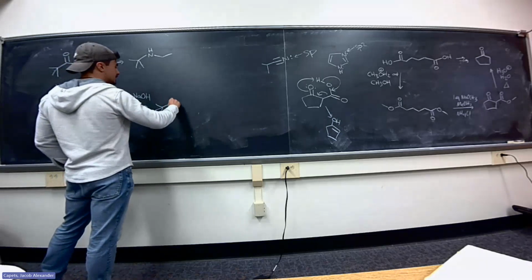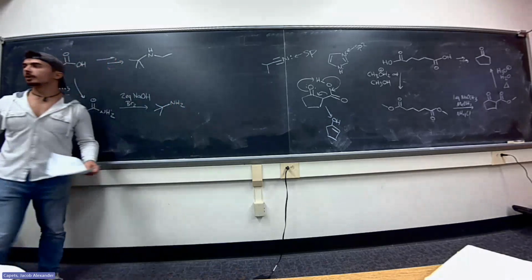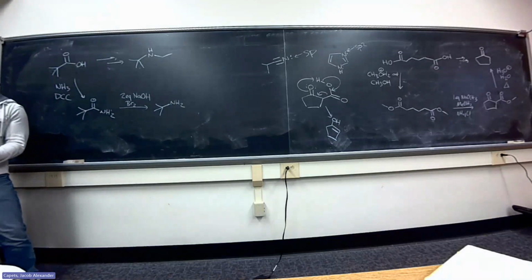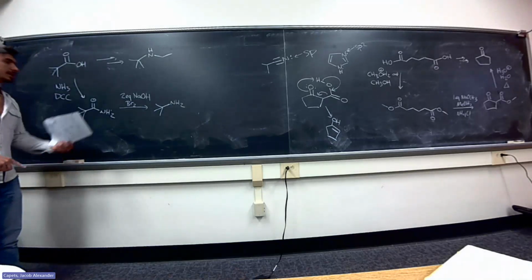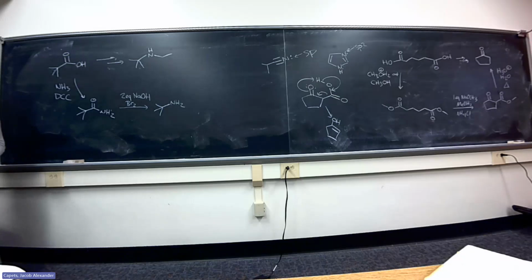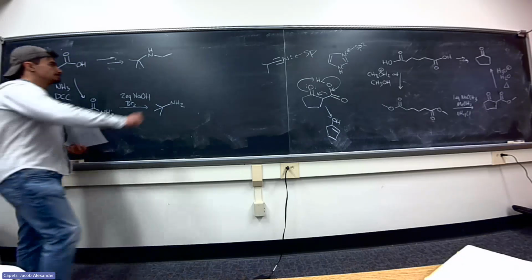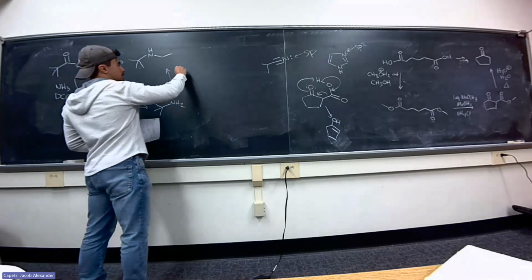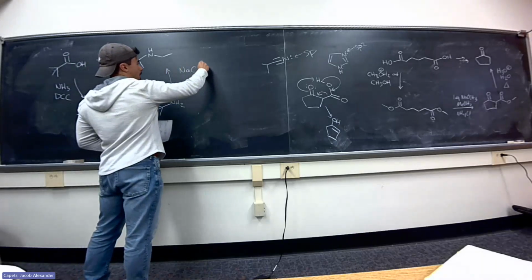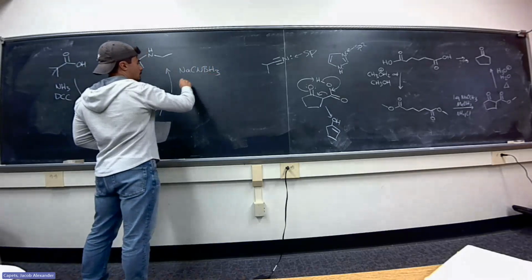It's essentially the same thing. The question is, are you going to use the Curtius rearrangement or the Hoffman rearrangement? But the Curtius rearrangement makes you do an extra step to turn that into an acid chloride. So there, you get this amine, and now you do reductive amination with